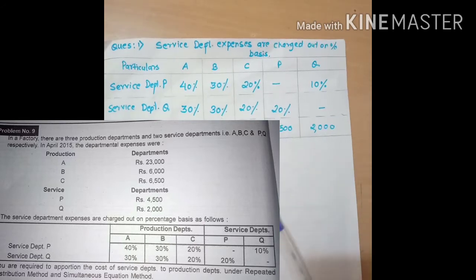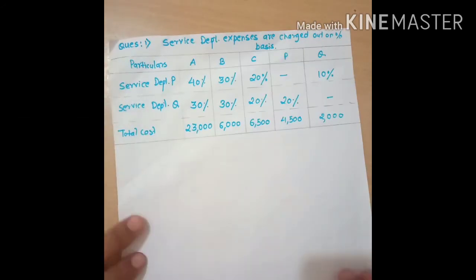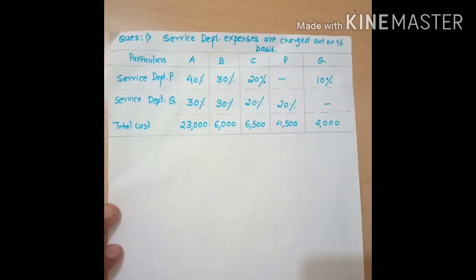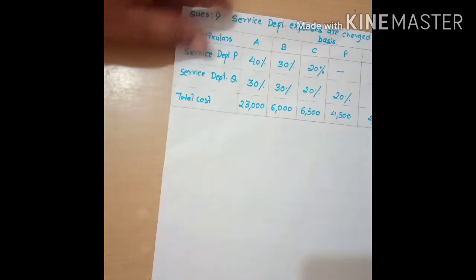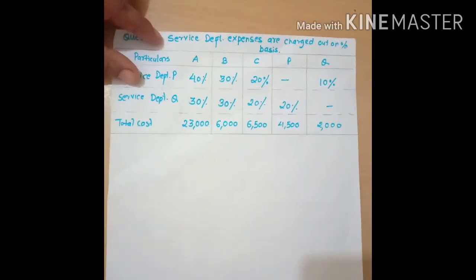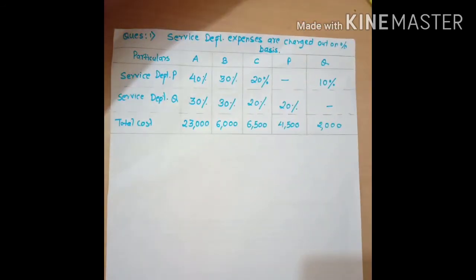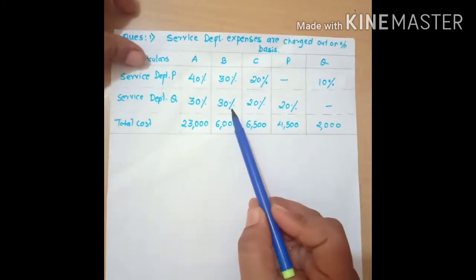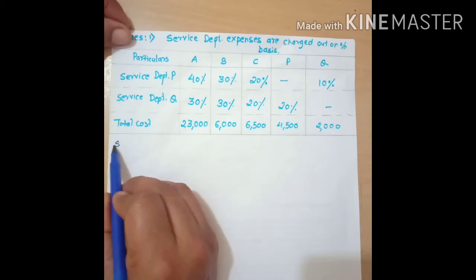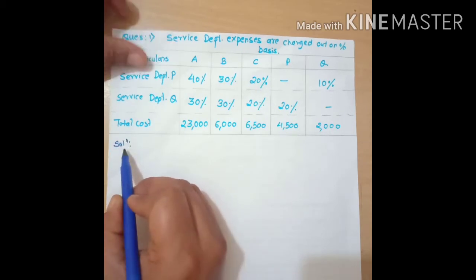So let's begin our solution. This is the simultaneous equation method. Under this example, we are going to form the equations. So let's begin. This is our example. The solution starts from,